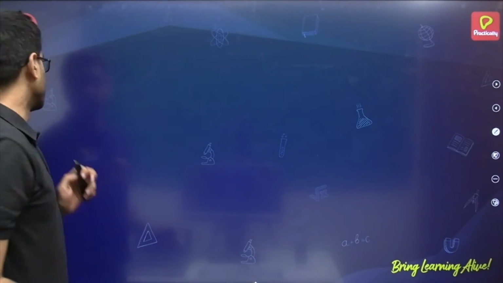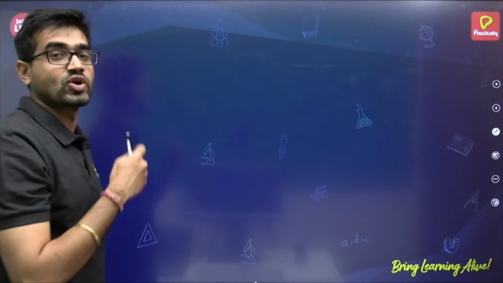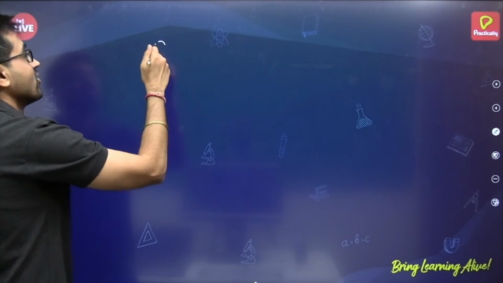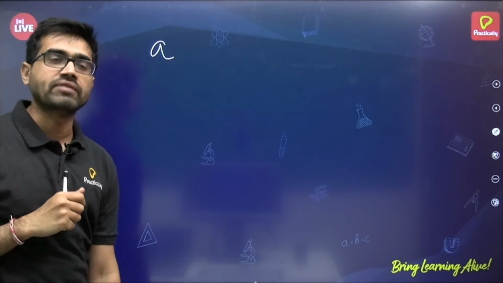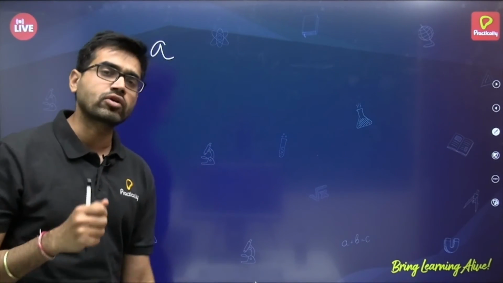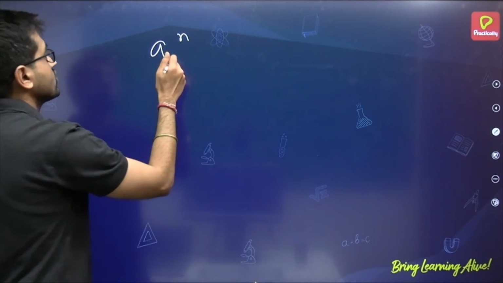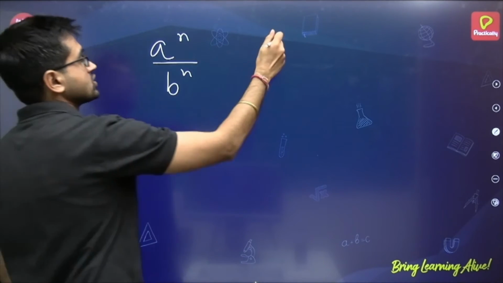Now let us move to my favorite color. Actually, my favorite color is not here, but it's okay. So let me just now say what happens, sir. You told us, same base every time, you took A. What if I get a question where the bases are different? So what? Let's say that you get a situation like this or a situation like this.